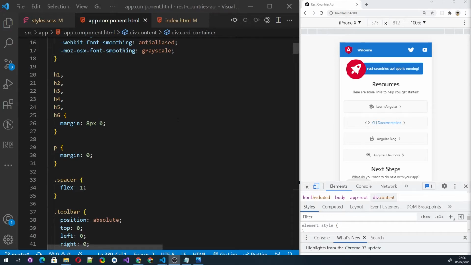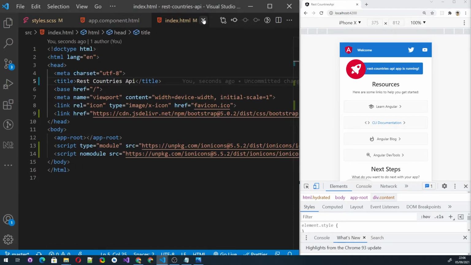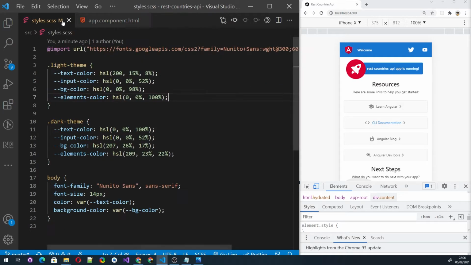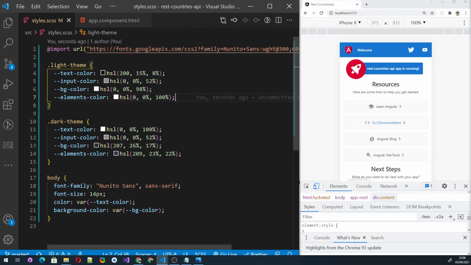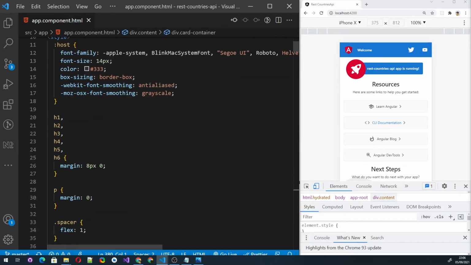Right, so we are all set to actually add the header right now. Everything is set in the index.html, so we can close that. We've set up the styles for light theme, dark theme, the body, so we can also close that. And now we can focus on actually removing all the crap that we don't want from